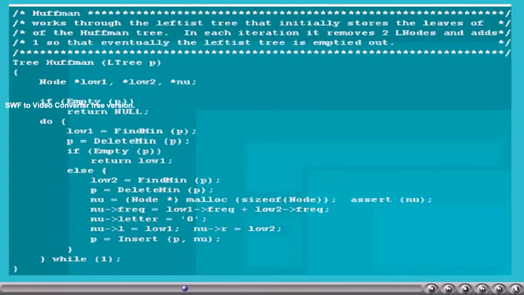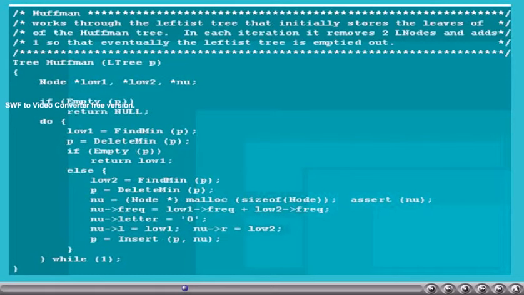The algorithm works as follows. First, some node type pointer variables low1, low2 and nu are declared. We assume that for this function Huffman, we will be sending the leftist tree P as argument. If P is null, we simply come out from the function.